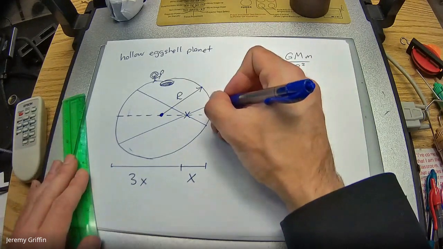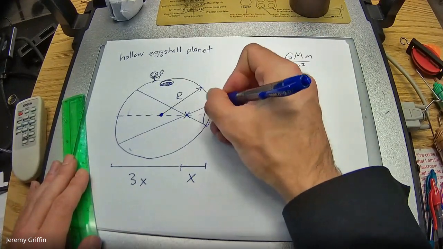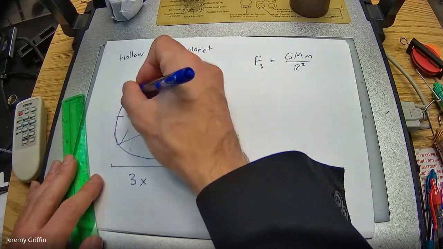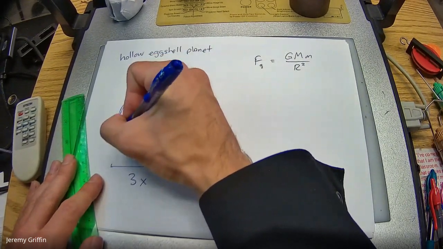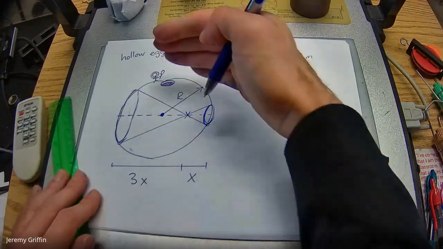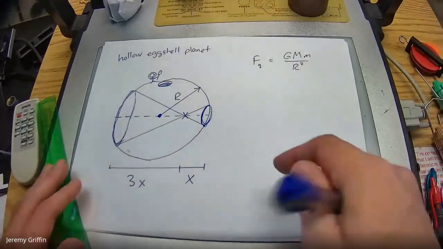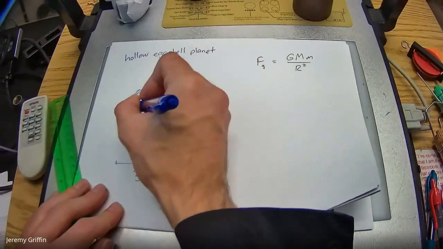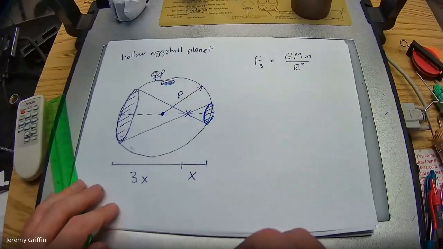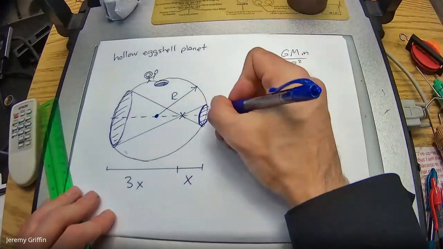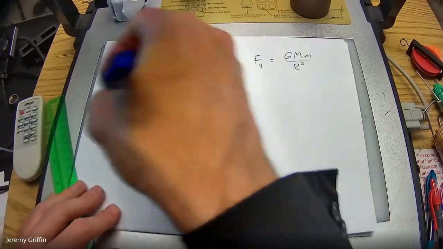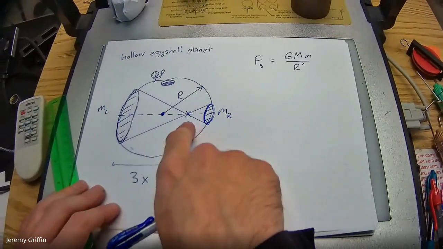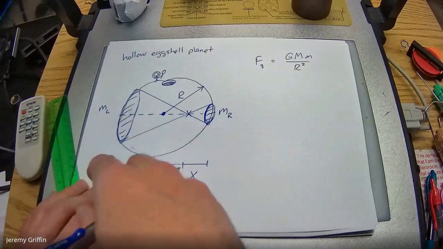And then I'm interested in this cone of shell dirt on the right side versus this cone of shell dirt on the left side, which are each approximately circular. Now, all the stuff above and all the stuff below vertically cancels out. So really, which way you get pulled comes down to this mass versus this mass. You see that? Okay. I'll call this M sub R, mass on the right side, and this one M sub L, mass on the left side. Now, you're closer to the right side, but there's more mass on the left side. So what's going to happen?